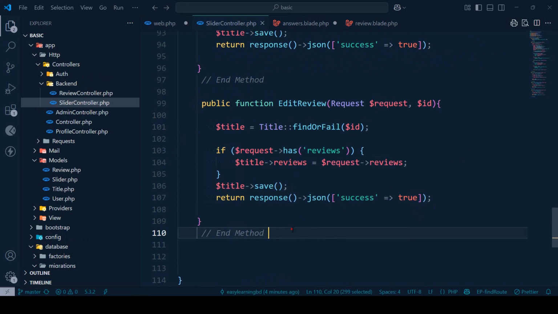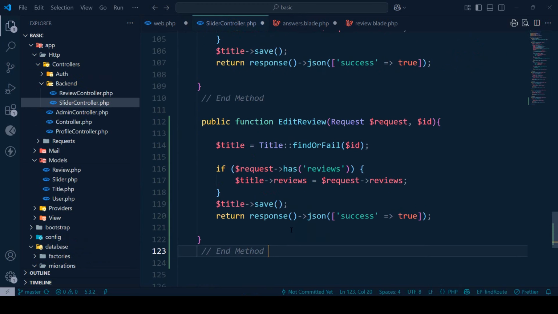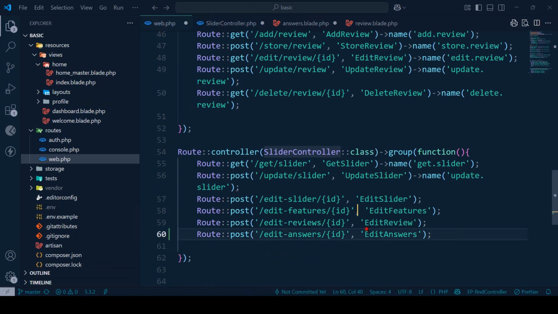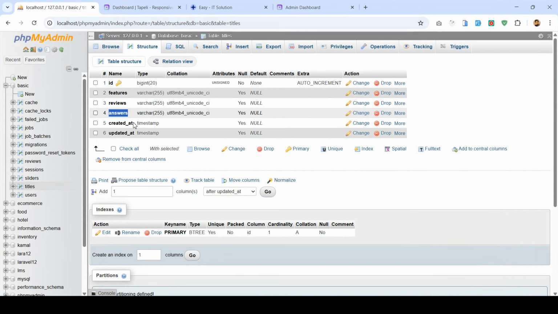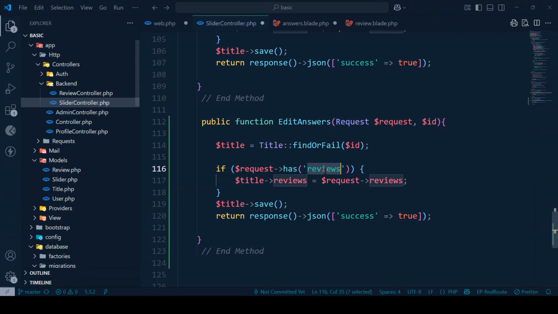And now same in our slider controller, I want to complete this part. I better copy our edit review, and here I paste it. Now our first job is to update our method name, that should be edit answer. I copy it. Now that will be edit answer, request, $request and ID. Title, that will be gotten from our title table. Everything will be the same. Our field name here is answers. I copy it. Now that will be answers,